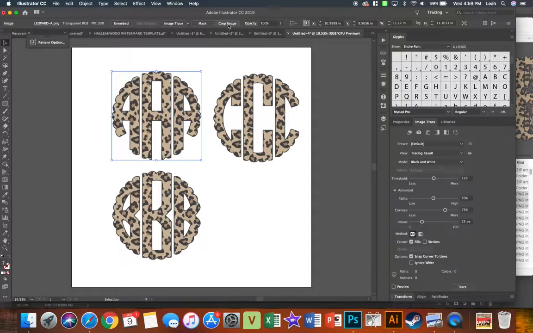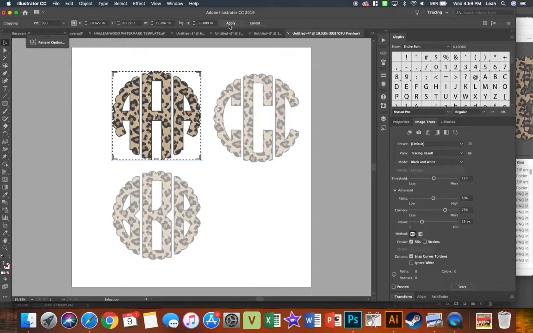So we're going to go up here to Crop Image. It's up here on the top. There's Image Trace, Mask, and Crop Image. We want to crop. And if you don't embed it, it may tell you, hey, we're going to edit here, but we're not going to edit the original file. Just click OK, that's fine, because you're going to save it within Illustrator. So I'm going to crop, just like that marquee tool over in Photoshop. I'm going to crop it